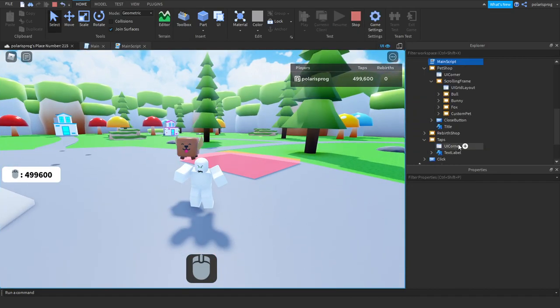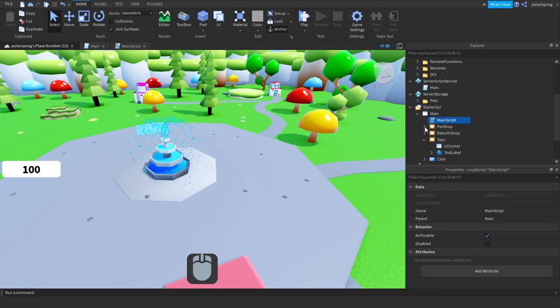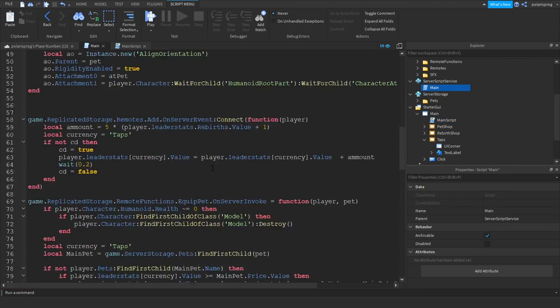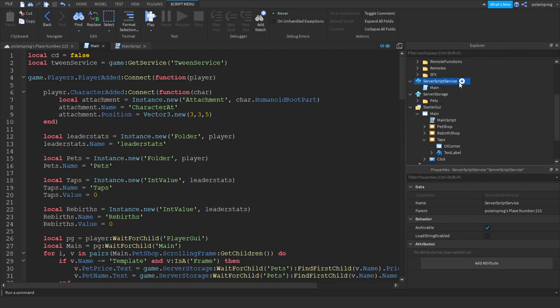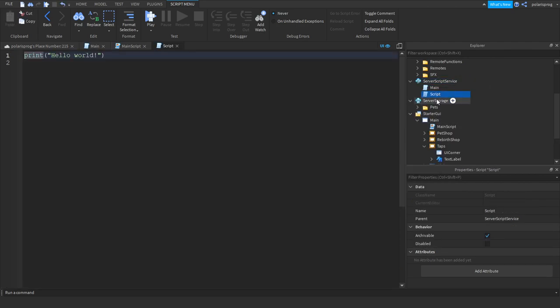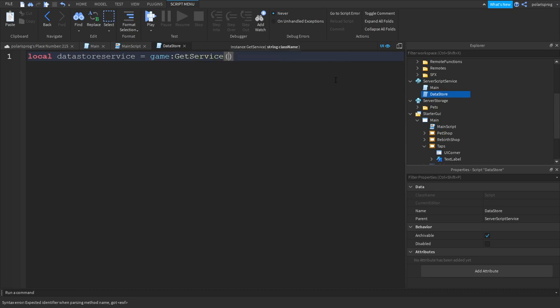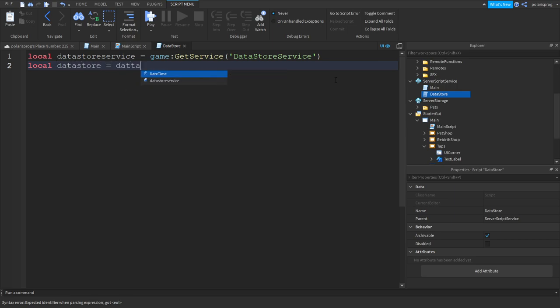Okay, so now we're gonna look into data stores. So data stores are very easy to script. So let's add a new script in ServerScriptService, and we're gonna rename it to DataStore. And in here, we're gonna do local DataStoreService is equal to game:GetService, and we're gonna get the DataStoreService, and we're gonna get local dataStore is equal to DataStoreService:GetDataStore,